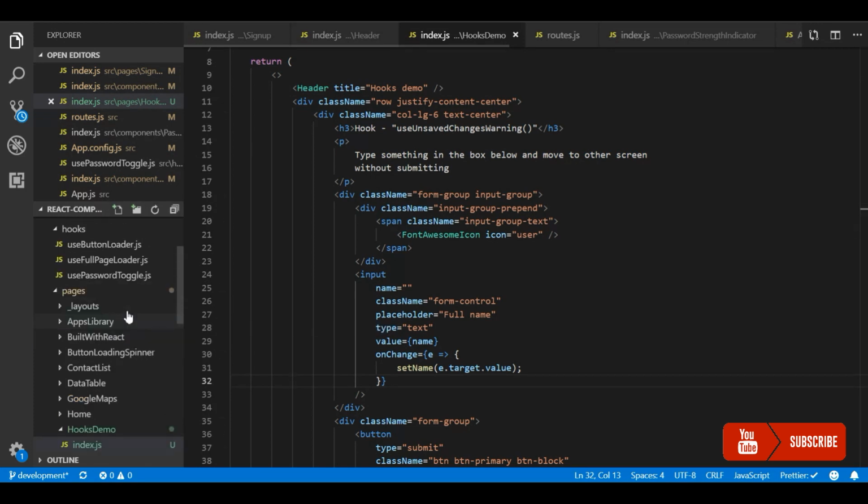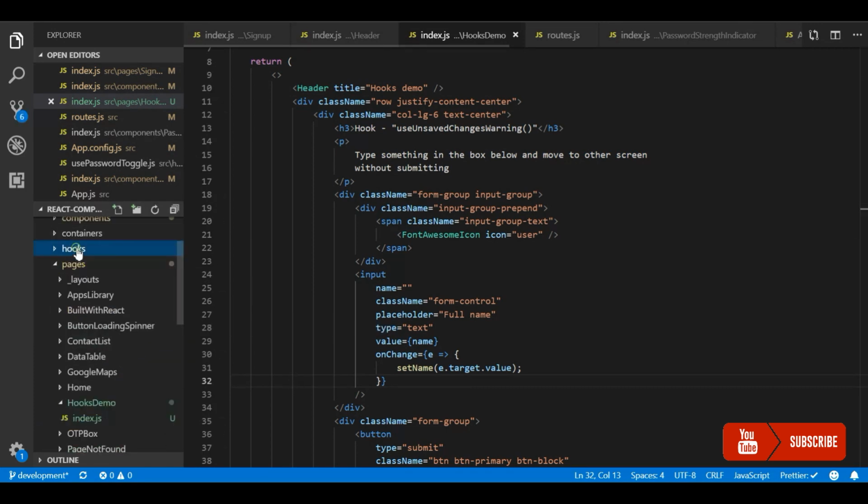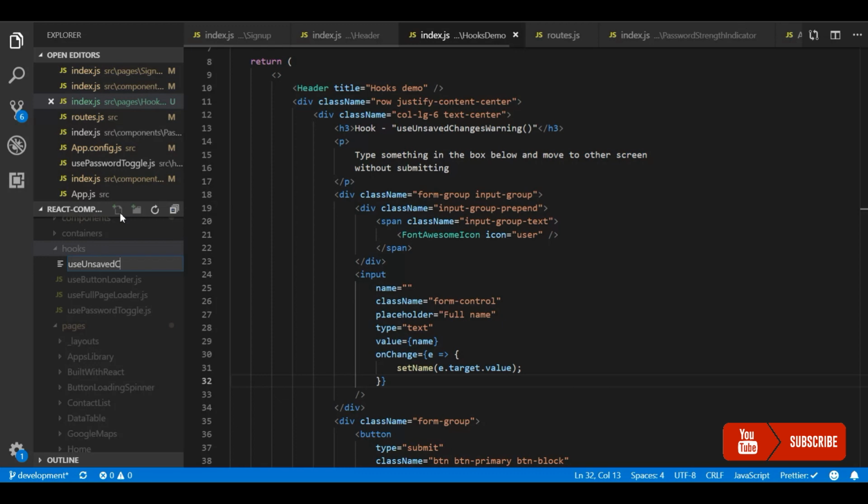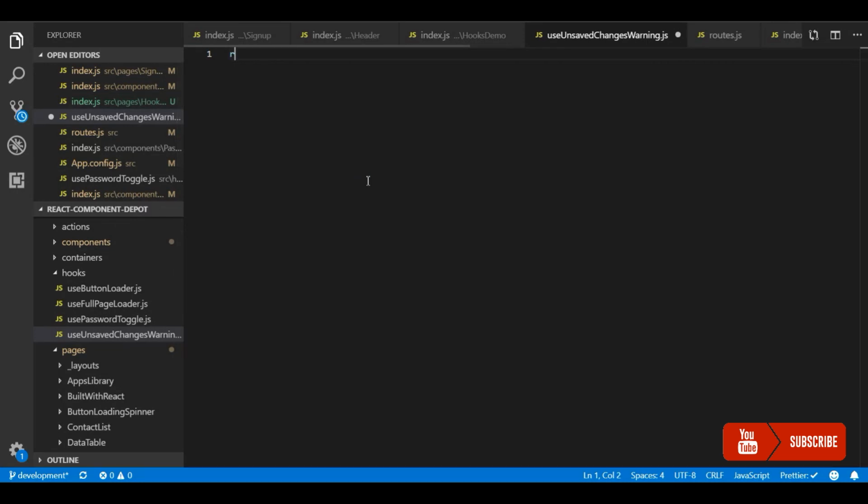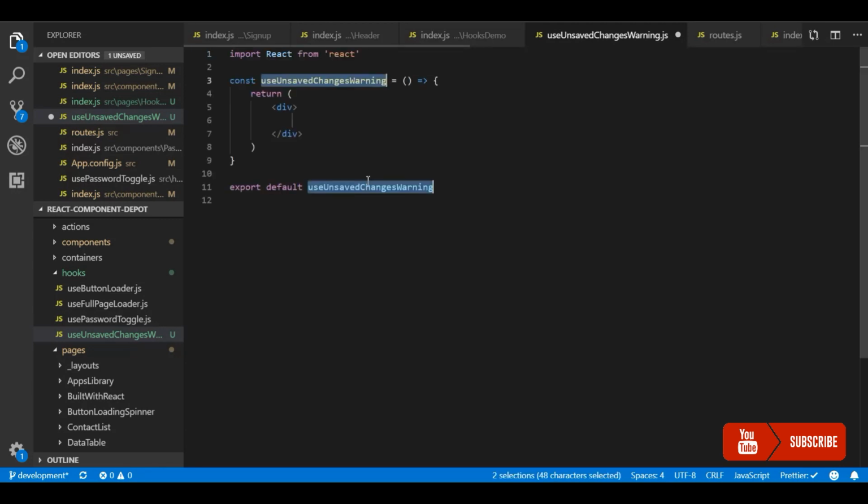Now I'm going to create a new hook for this. Why I'm making this a hook is to reuse it in multiple places with a small footprint in our component. So let me create a hook called useUnsavedChangesWarning. Hooks are nothing but just a function which will return a few values based on the conditions. Now this will return an array of a few things. I'll show it